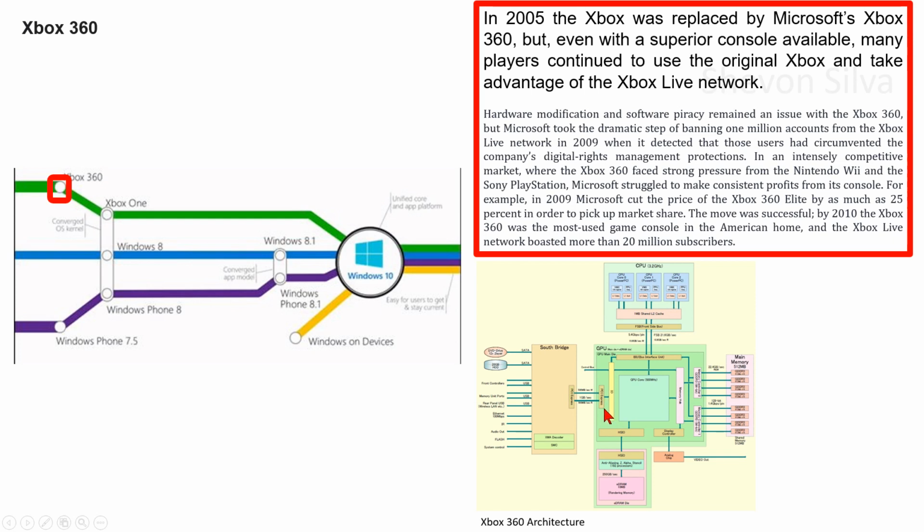PCI Express interacts with PCI Express in the Southbridge. From PCI Express in the Southbridge to PCI Express in the GPU, the communication is